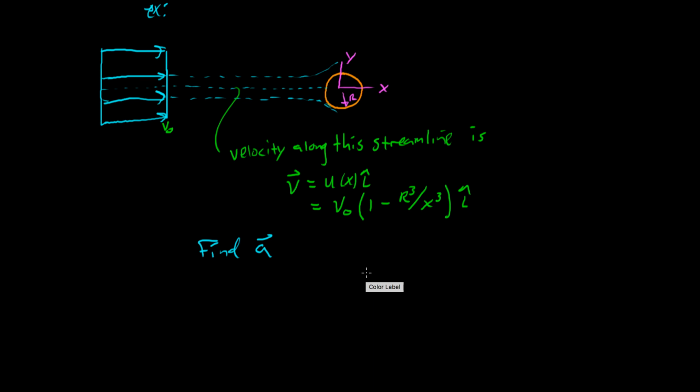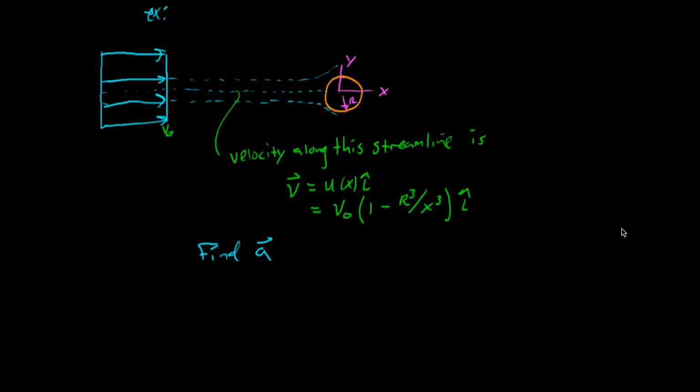So let's look at an example of blowing a fluid, maybe this is air, over a ball or a cylinder. It's a 2D, so it's a round object. And so right now we're given a uniform velocity comes in maybe, and then the velocity along the streamline along the center that comes to rest touching the ball here on the leading edge is given by this equation